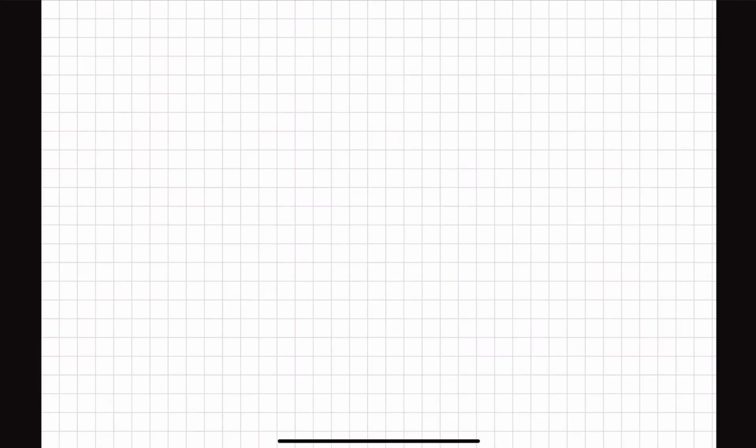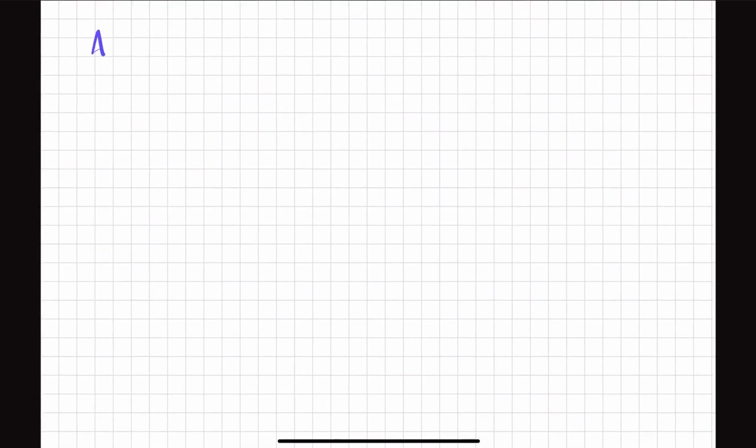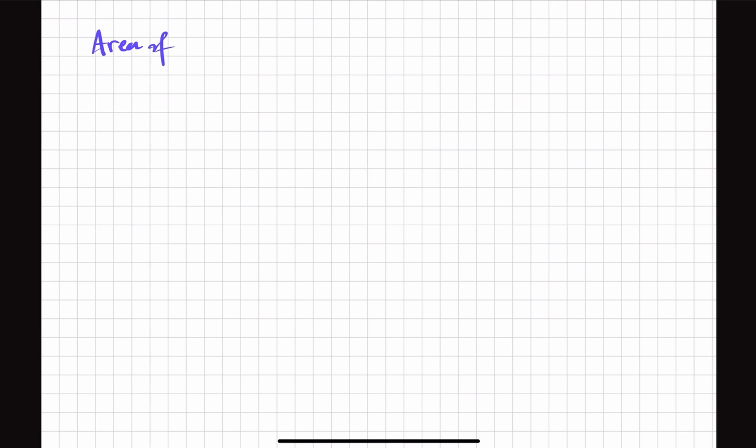Alright, so in today's video, we're going to be covering area of regular polygons. So it's a continuation of the other videos. But what's different is we are going to be seeing some special right triangles inside these regular polygons. And so before we start, we need to refresh ourselves on special right triangles that we've seen in the past. So one of those being